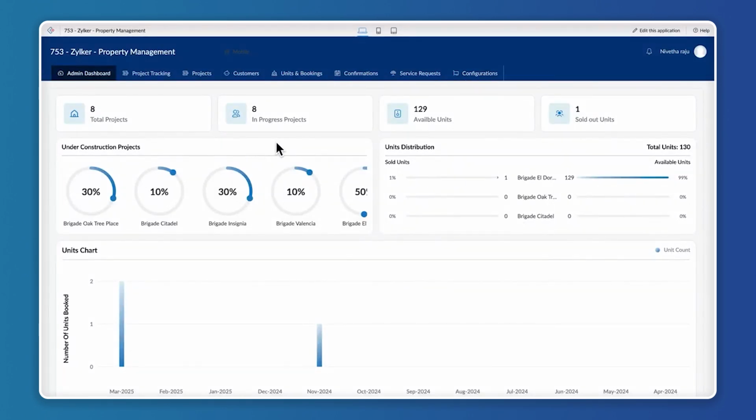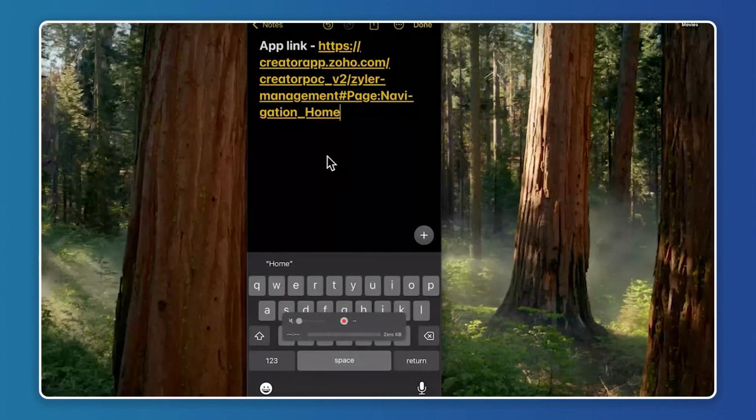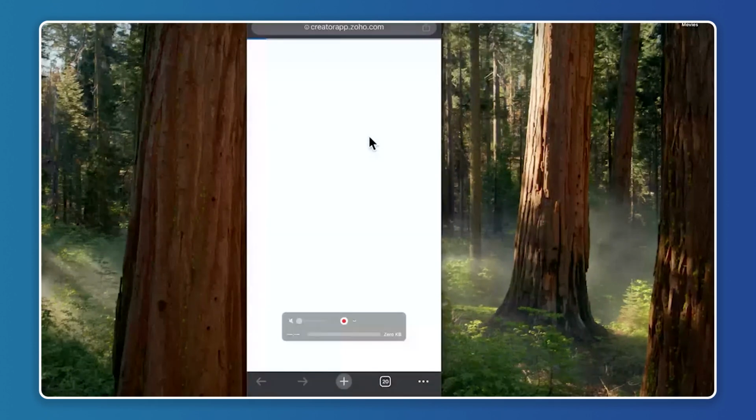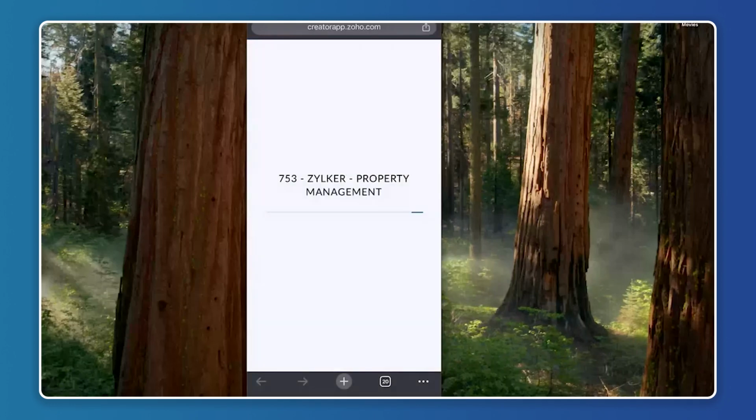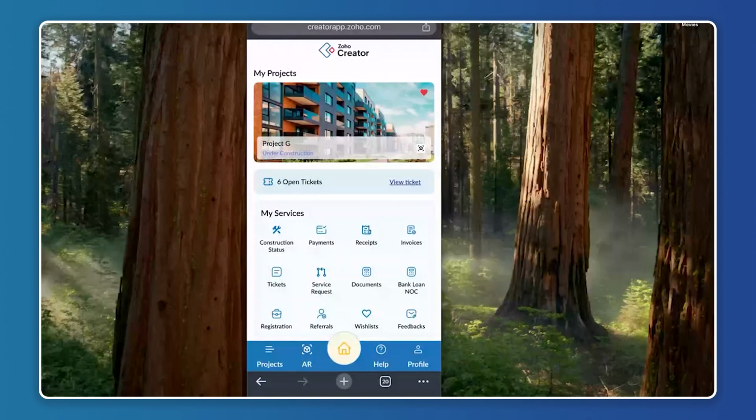Now let me go and show you the mobile view. So just give me a second. Yeah, so over here you can see this is my application link. So I'll just click on this link and it is directly opening in the web browser. If you could see, it opened Chrome, right? So now within this,